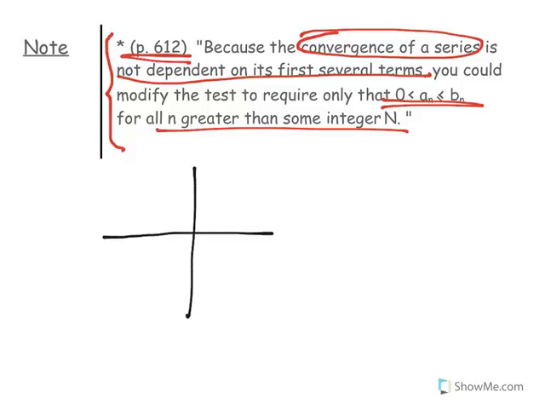If I was to give you something like a cubic function, and then something like a linear function, and I'm not actually defining these, but I'm just calling one, remember we can make functions from the actual term formulas. So if I were to call this one b of x, which would be like b of n, but b of x instead, and then call this one a of x,